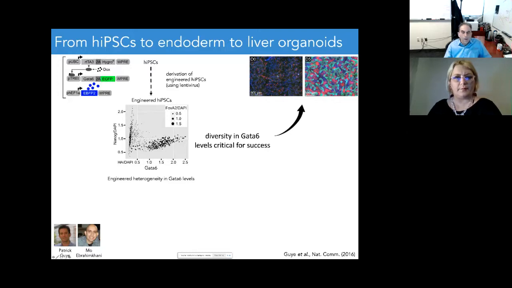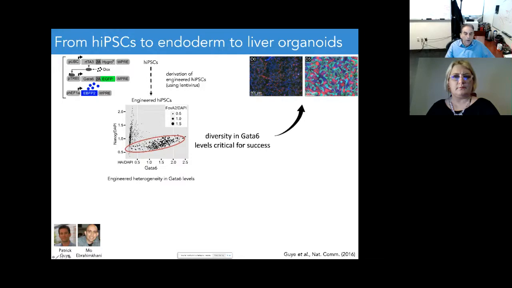It's not essential. And you see after 5 days of induction with the small molecule doxycycline, some cells are expressing lots of green, some cells are expressing very little green, and we see that because they're still blue and red, but they're not making green. And what happened is that all the green cells basically aggregated, and the cells that had very little green aggregated too amongst themselves. And so we can actually measure the amount of GATA6 across the population, and we see again that there's a real wide diversity of GATA6 expression levels.